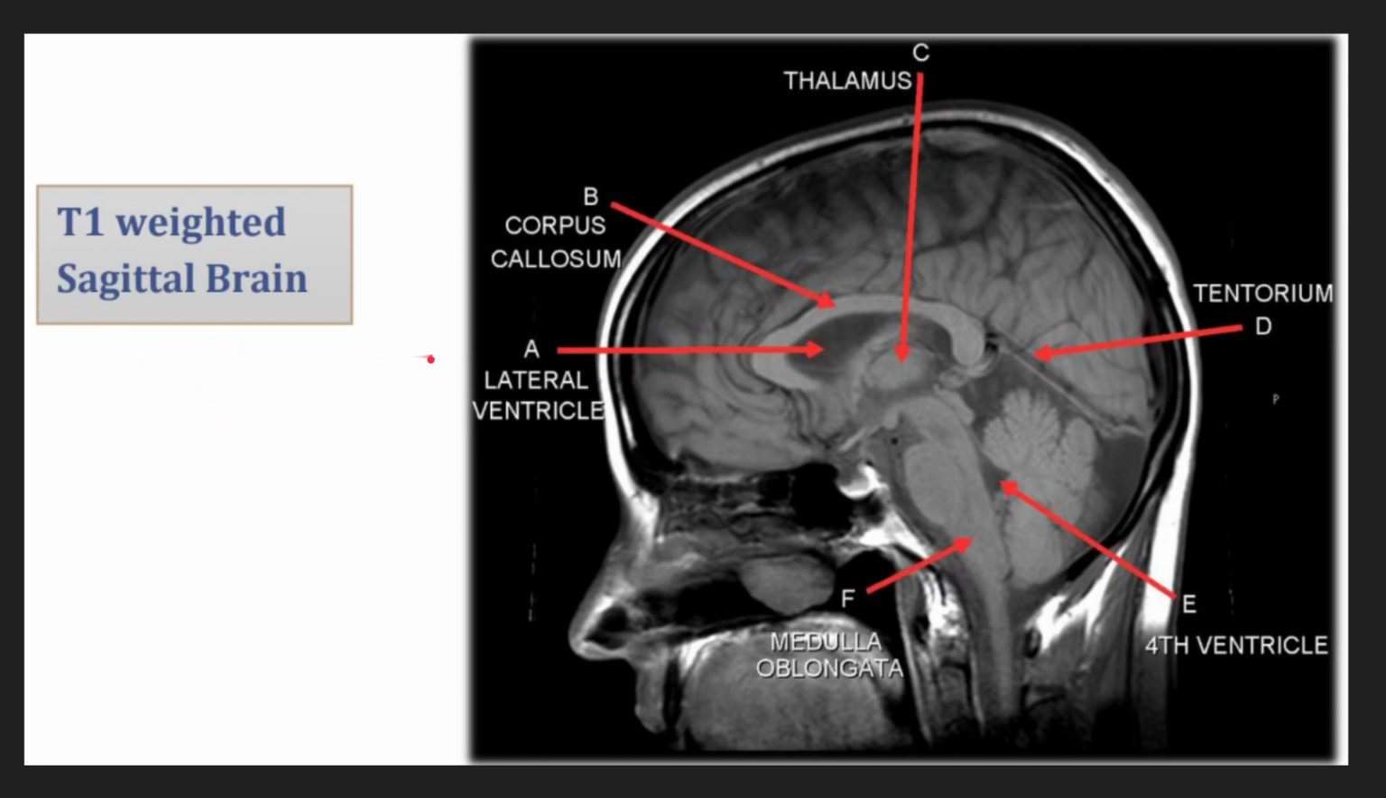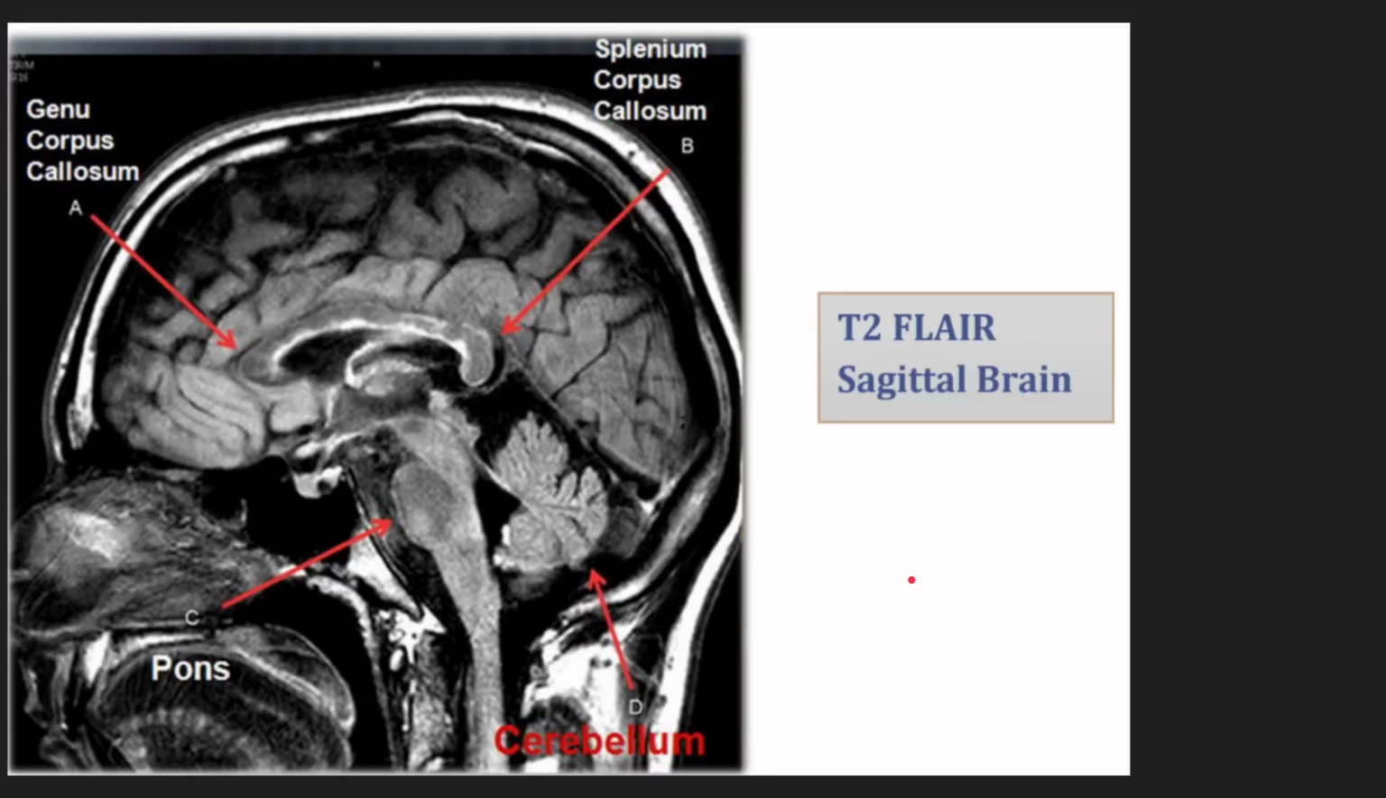Okay, for the anatomy, you have the thalamus in the middle, corpus callosum here, lateral ventricle, tentorium, fourth ventricle here, and medulla oblongata, the genu of the corpus callosum anterior and the splenium posterior, cerebellum and pons,